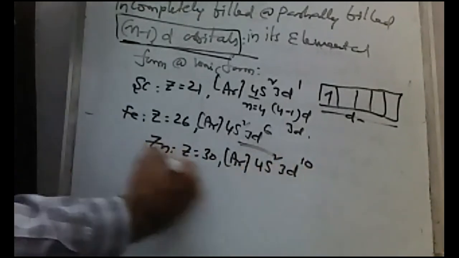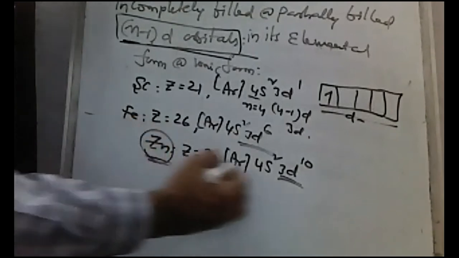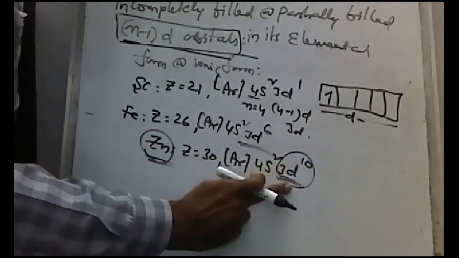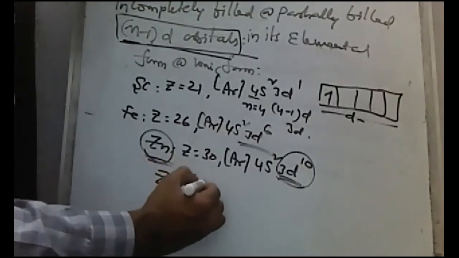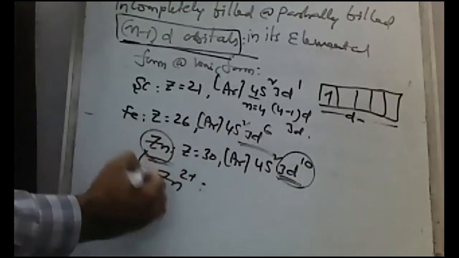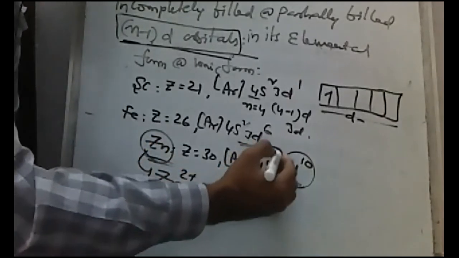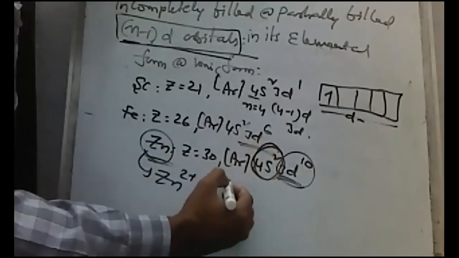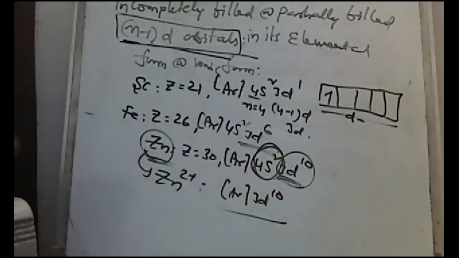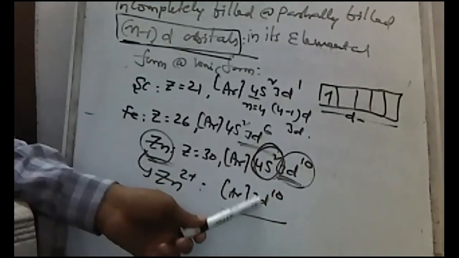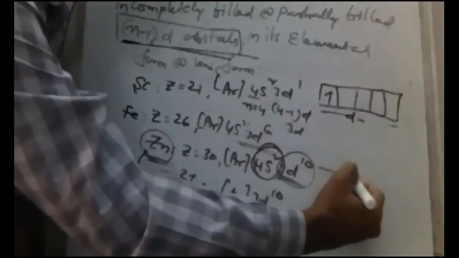You see, in its elemental form, it has a completely filled n minus 1 d orbital. And even in ionic form, it can form the dipositive ion Zn2+. You see, 2+ means 2 electrons have to be removed from the outer shell. That's why the electrons will be removed from the 4s orbital, and it still has a completely filled n minus 1 d orbital. That's why zinc is not a transition element.